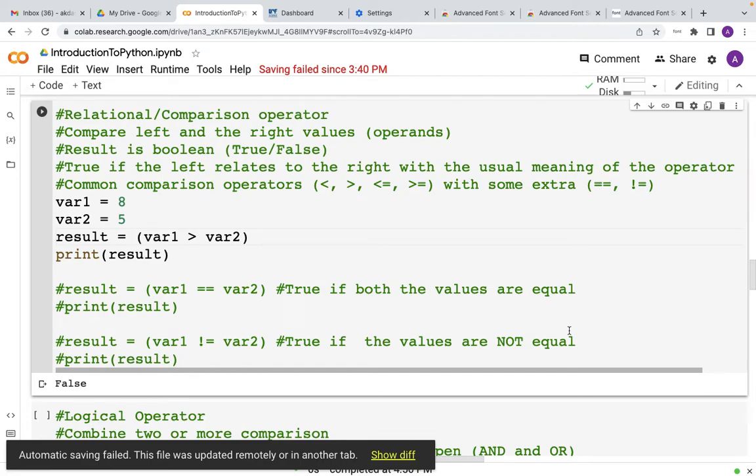The second type of operators are relational or comparison operators. As the name says, it compares. It compares the left and the right side values, which are sometimes called operands. The result of a comparison operator is Boolean, that is true or false. It is true if the left-hand operand relates to the right-hand operand with the usual meaning of the